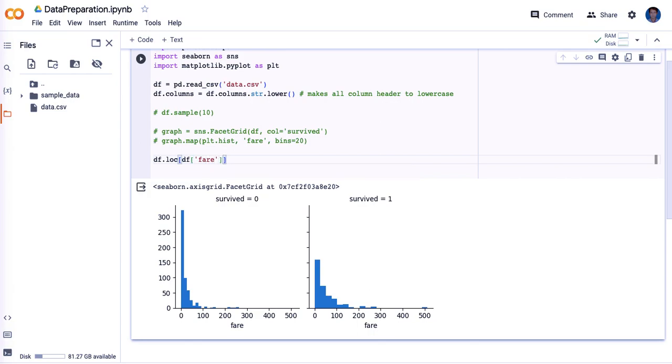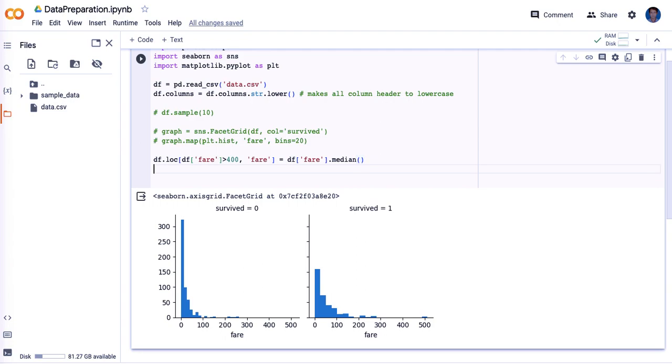If the data frame's fare column has a value more than 400, we try to replace it with the data frame's fare column median value. Okay, so after performing this operation,